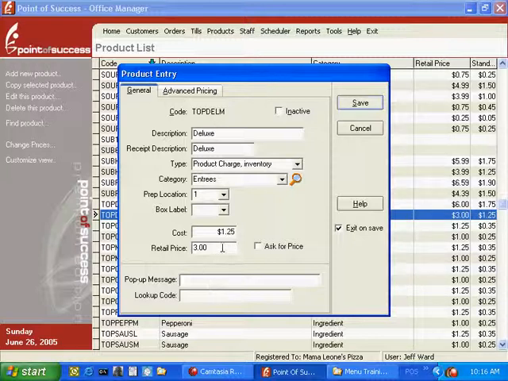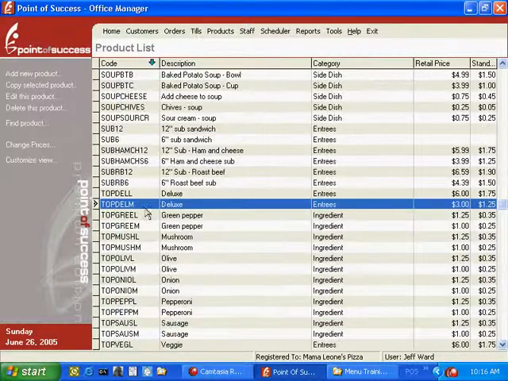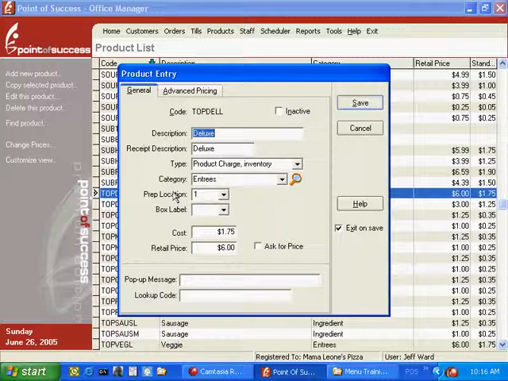So the retail price of the deluxe topping, or this group of toppings that make up the deluxe pizza, is set up for $3. And we do the same thing for the large pizza, because the difference in the deluxe and the cheese large is